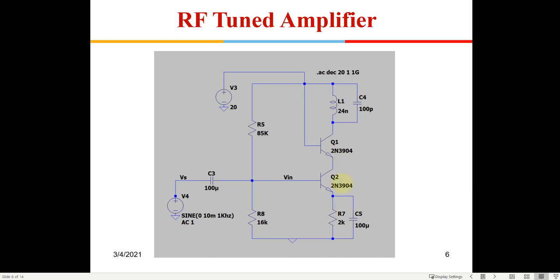Again, if you want to learn more about the cascode structure, you can refer to my lecture on cascode, which is available on my web page under analog circuits, in which I have explained what is the difference between a CE amplifier and a cascode amplifier. It is just a CE amplifier, and on top of that, you have a CB amplifier. So all these analog circuits I have explained there.